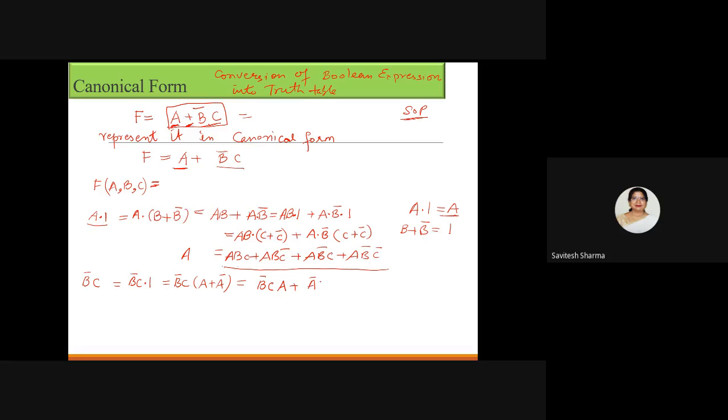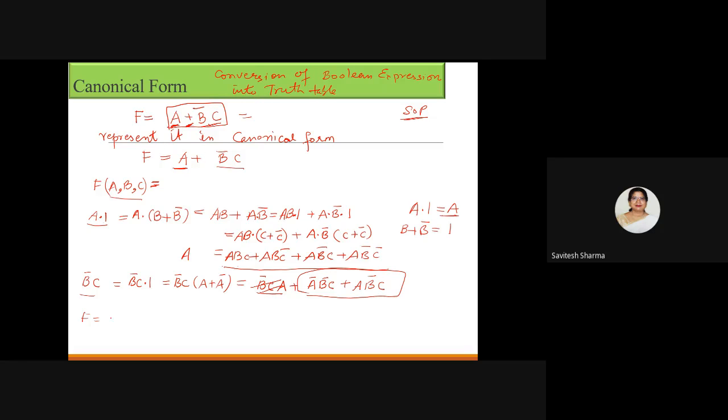So I will write in a sequence ABC, because sequence matters. If you are converting into the combination, it will give you the wrong result. So please confirm whether you are taking ABC or CBA. You first observe always what is the sequence of variables. So here I am writing in sequence A, B, C, because further I will write the min terms' decimal equivalent. So this B bar C is actually containing two min terms found here, A bar B bar C plus A B bar C.